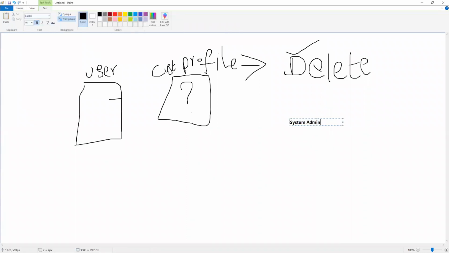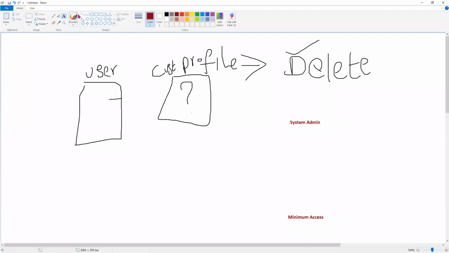If I assign the system admin profile to anybody, they will get full access. At the low level, we have minimum access, which means they can access very few objects. In between these,